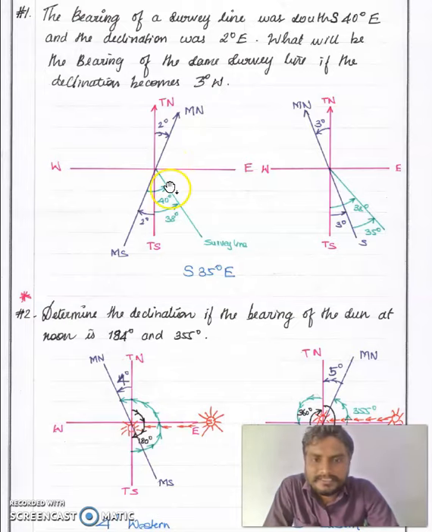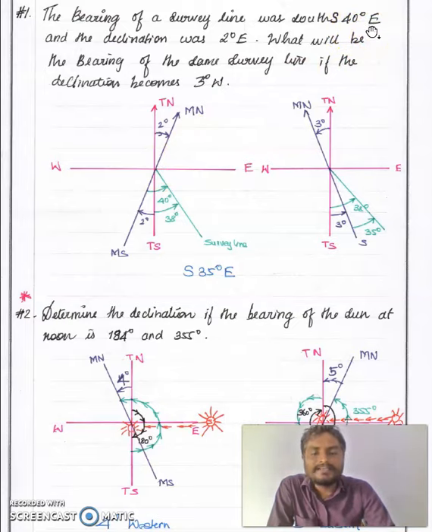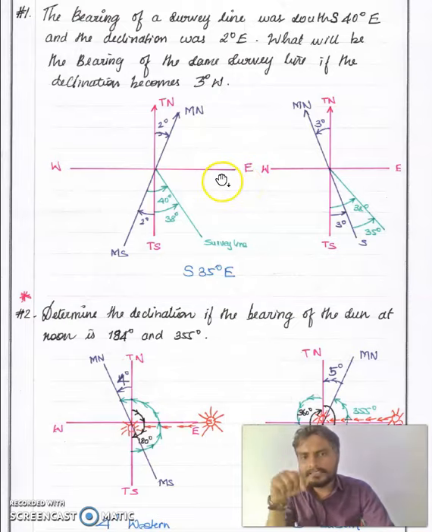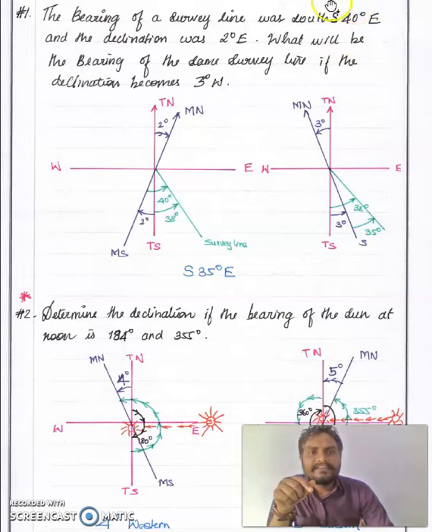Okay, so here, please come here. What is the angle? What is the position of the survey line? Yes, 40 degree east. So definitely it lies in the south east. We may have some ideas with respect to either the north pole, I mean magnetic, with respect to the magnetic meridian or the true meridian. So the given readings are with respect to the magnetic meridian. So this is the magnetic meridian. The magnetic meridian lies at an angle of 2 degree towards east.